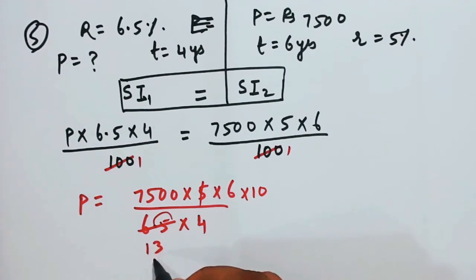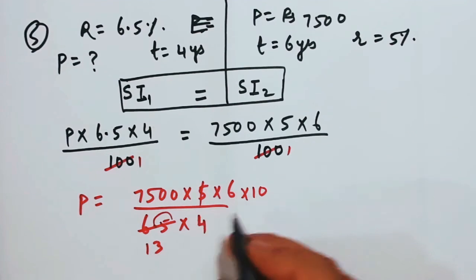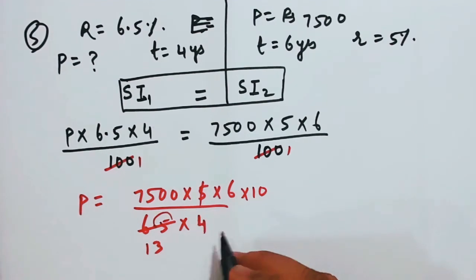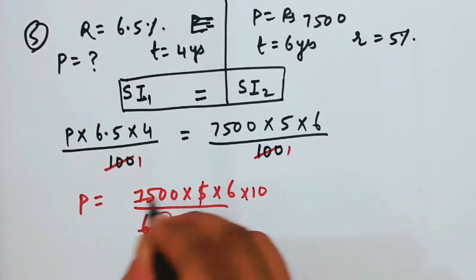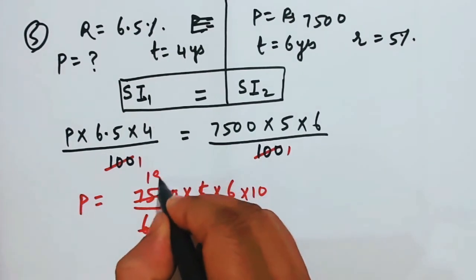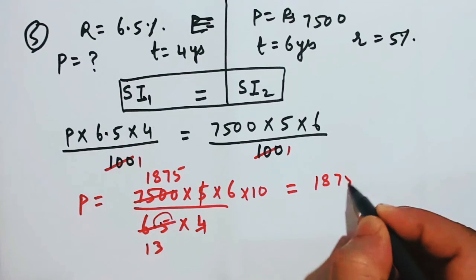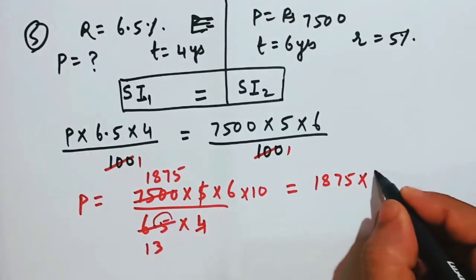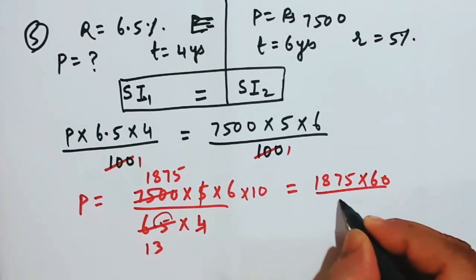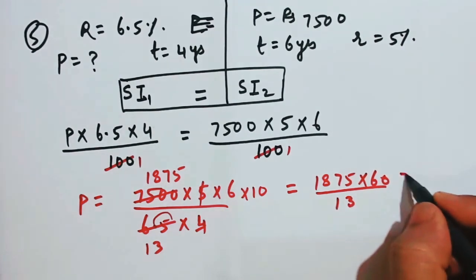So shall I cancel this? It will not get cancelled, beta. So if it will not get cancelled, then for how many times? 4, let me see, 4 1875. Very good. So I got 1875 into 60, 6 into 10, 60 by 13, which on solving you will get